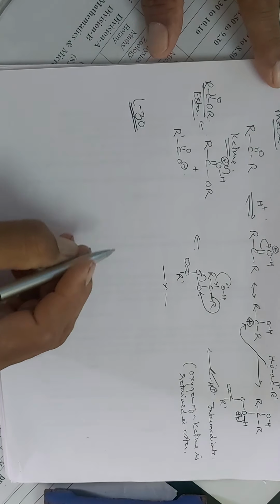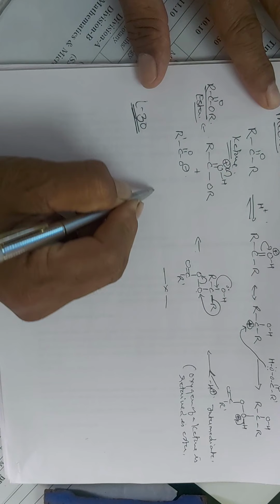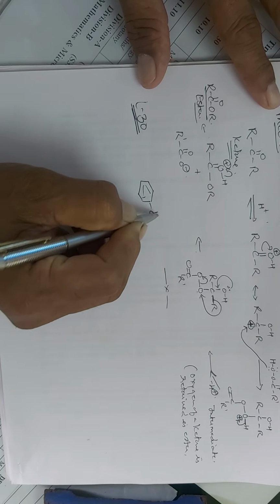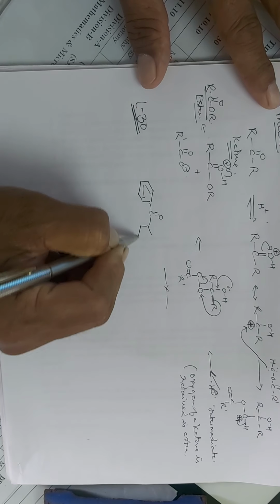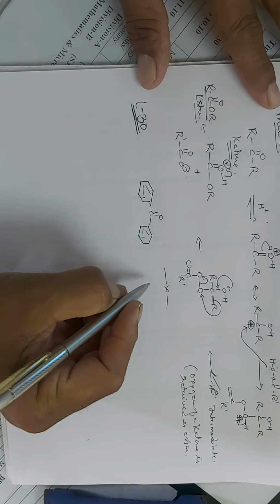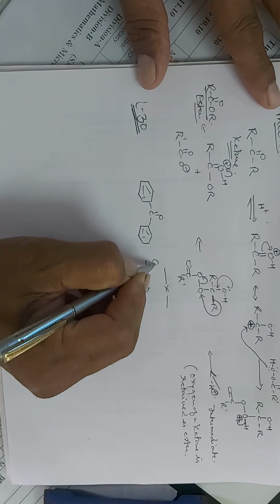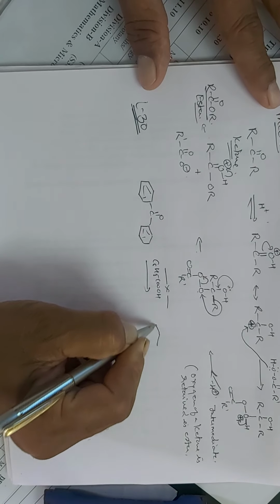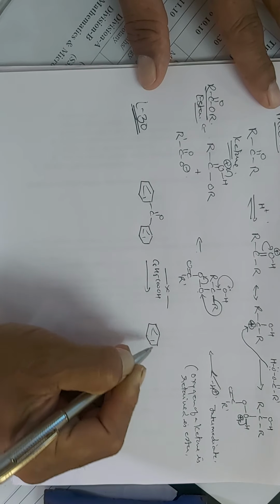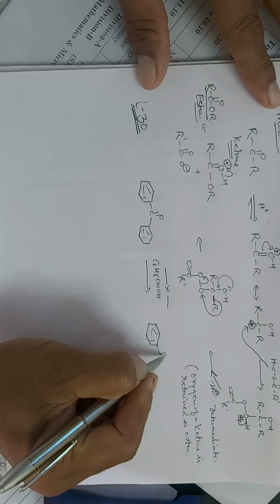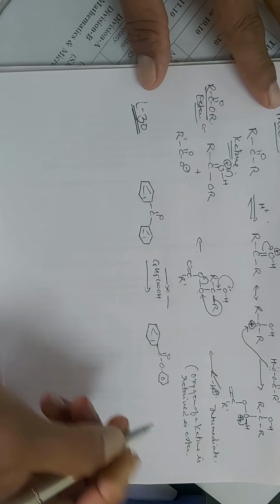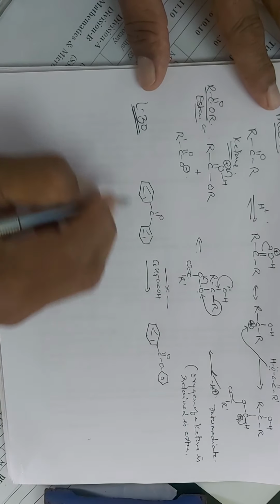So, we have seen the Baeyer-Villiger rearrangement. You can also try the reaction of benzophenone, the ketone, which is converted into the ester, that is phenyl benzoate, in presence of perbenzoic acid. Here you can try the mechanism, and you will get the idea how the conversion is taking place. So, in this way, we have seen the Baeyer-Villiger rearrangement.